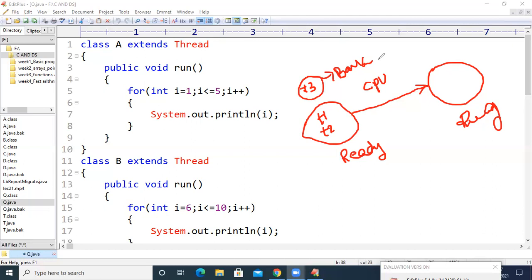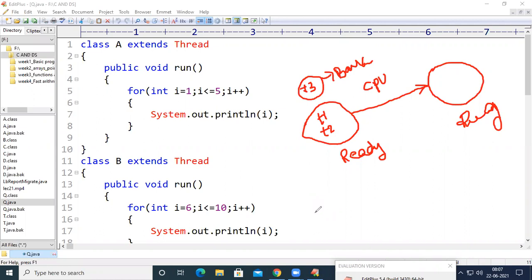From a programming point of view, there will be no difference in the output, but from the execution point of view, if we want to execute a thread when the CPU is idle, then we have to go for background threads.